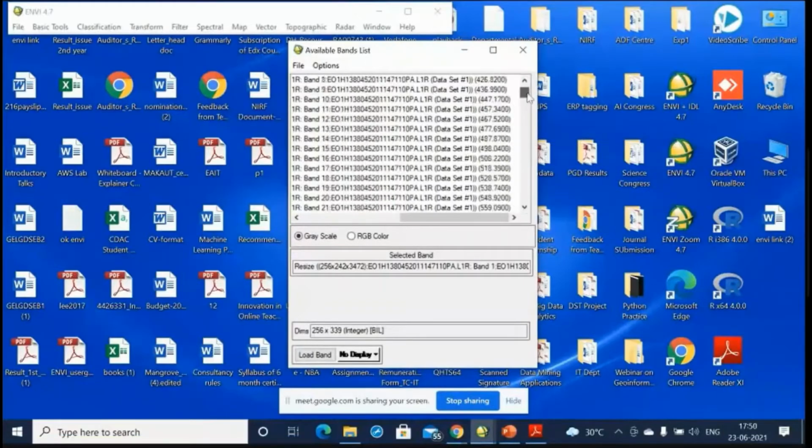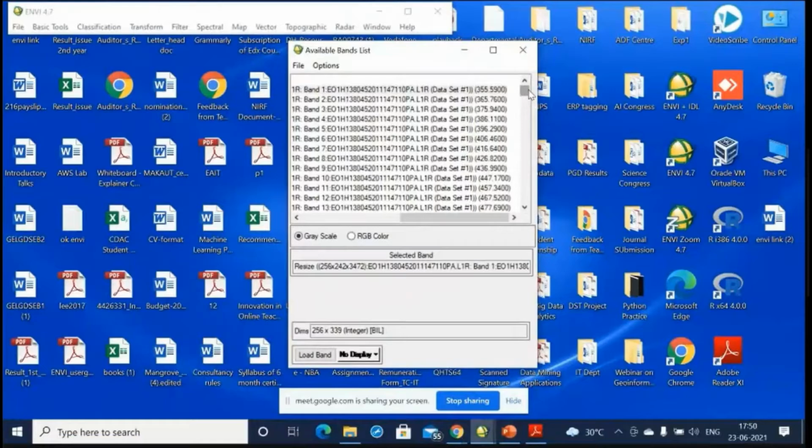In a hyperspectral image, another thing you should try and understand is that there are 242 bands. That means the image of the same study area is captured in 242 wavelength intervals.